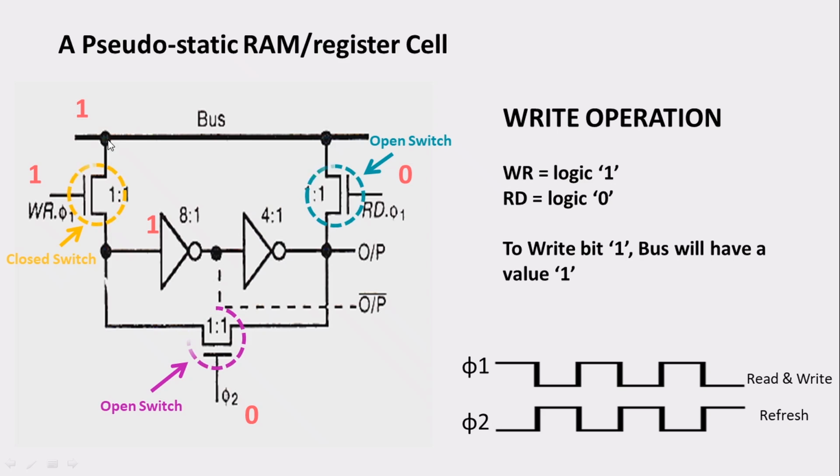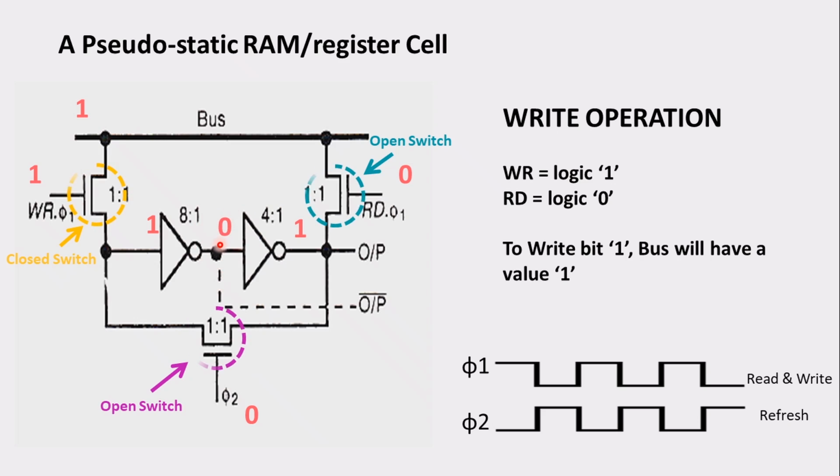So when you get this path over here, 1 has been given as an input to this particular inverter. So I'll have a 0 over here. The output capacitance of this particular inverter and the input gate capacitance of this particular inverter are going to store this particular logic. The storage is going to happen in this particular area.